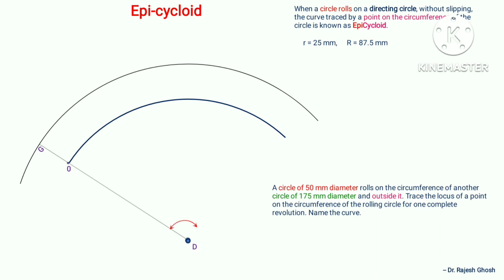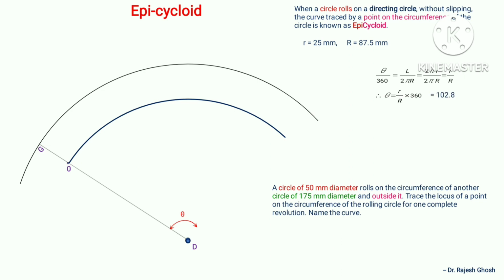An arc has to be cut and angle theta has to be subtended. So how much angle has to be subtended? Calculations are done as given here. The formula is theta by 360 equals capital L by 2 pi capital R, where capital L denotes the circumference of the generating circle or the rolling circle. So the circumference of the generating circle is 2 pi small r, divided by the circumference of the directing circle, 2 pi capital R. Here 2 pi gets cancelled. We are left with small r by capital R. So theta is equal to small r by capital R into 360, which is 25 divided by 87.5 into 360 in this particular case, and we get this as